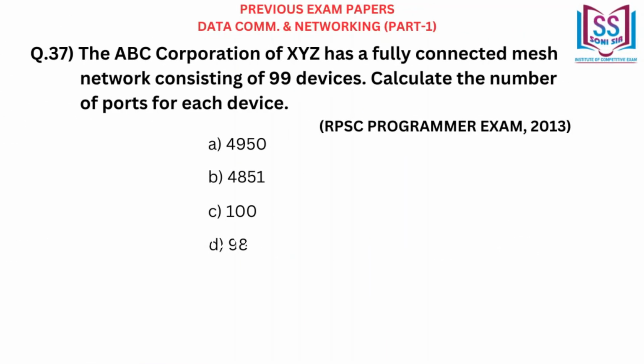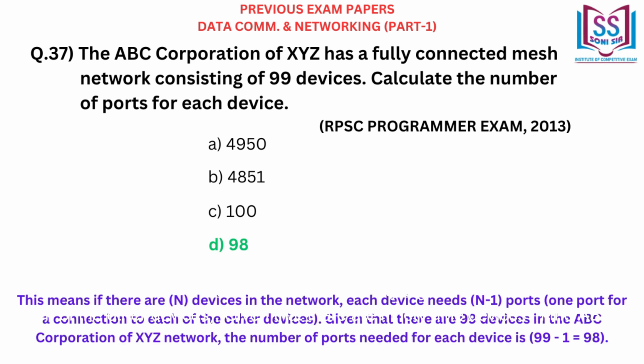The ABC Corporation of XYZ has a fully connected mesh network consisting of 99 devices. Calculate the number of ports for each device. A. 4950. B. 4851. C. 100. D. 98. Correct answer D. 98. This means if there are n devices in the network, each device needs n-1 ports,